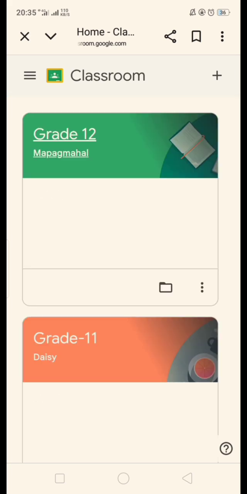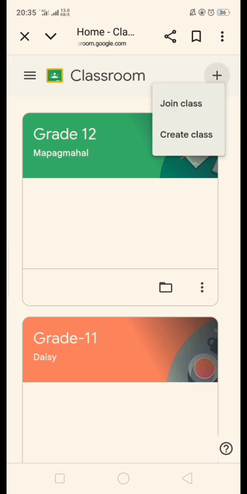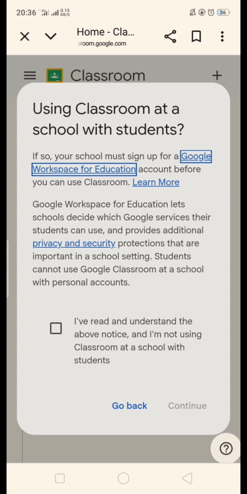If you're a first timer and you are a teacher, just click the plus sign. If you are a teacher, just create a class, and the ones who will join the class are the students. So create a class. So don't forget to read the instruction.